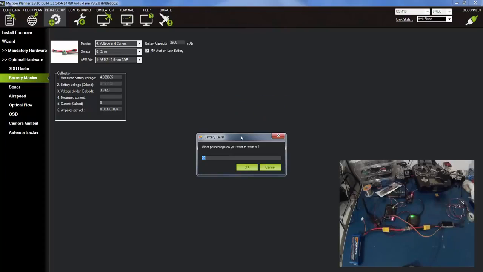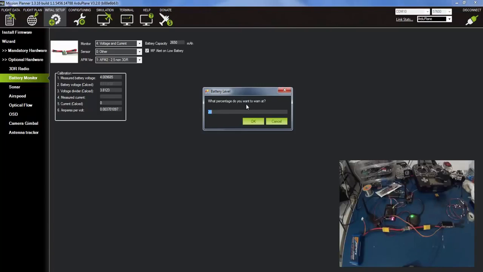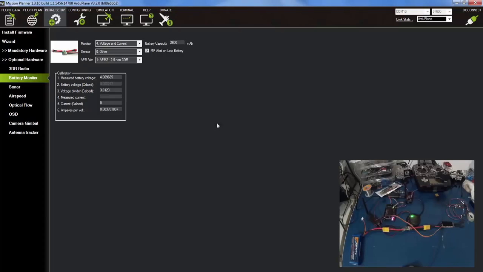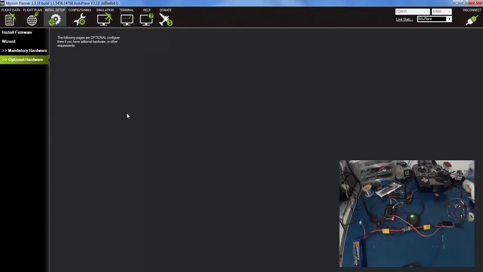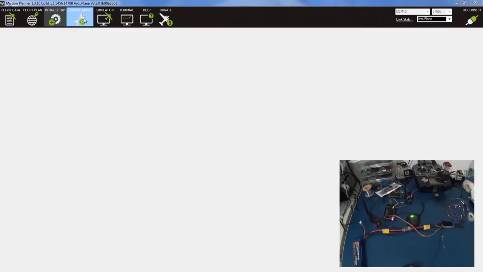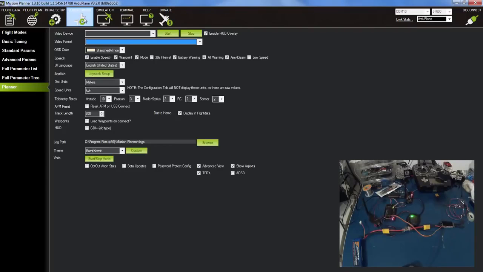So in my case it's 10.3. You can change that too if you want. And what percentage do you want to warn at? In my case it's also 20. You can change that too. And then click OK. And I don't have the rest of the hardware here, so the additional modules here. We have the OSD, minimum OSD, but you don't have to do anything here, only if you have problems with the telemetry. After setting up all these values here, we will go ahead and click the config tuning button, and